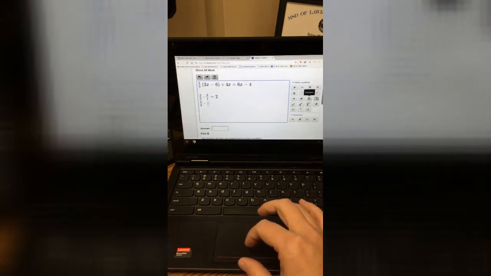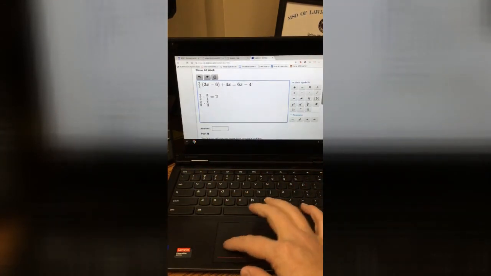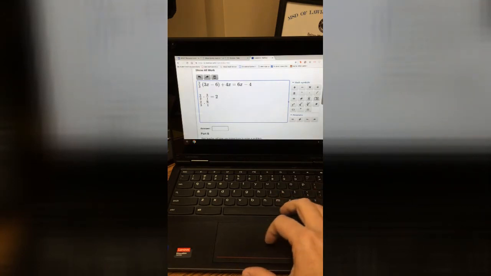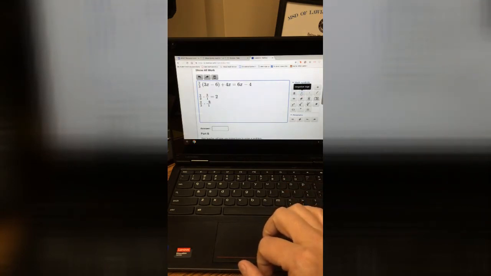2/3 times button, fraction button, 6 over 1. Now, if you don't know where those numbers came from, remember we're multiplying 2/3 times 3 and the 2/3 times the -6. Actually, so there should be a -6. So let's change it to a -6. All right, cross cancel, and our answer should be,